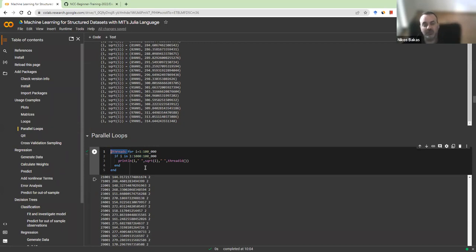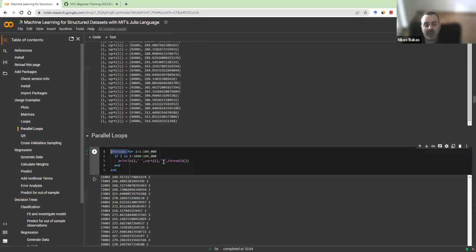I mean, it's really easy to develop a parallel loop. So I can run this @threads again for I equals 1 up to 100,000, and I print the same numbers as before,